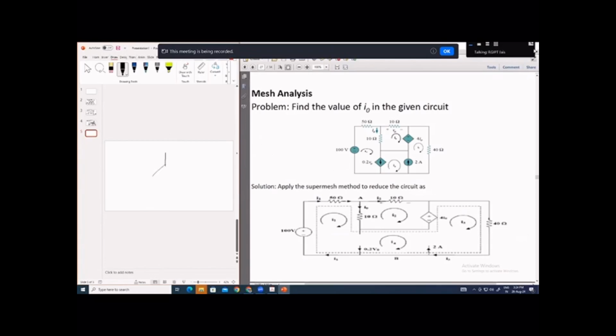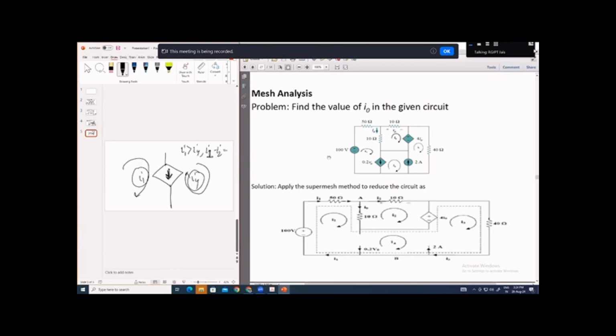This dependent current source looks something like this. We have considered that I1 flows like this, and I4 flows like this. But the direction of the dependent current source is given bottom to top, so definitely I1 should be greater than I4. Then only this direction of the current can be possible. So I1 is greater than I4, and I1